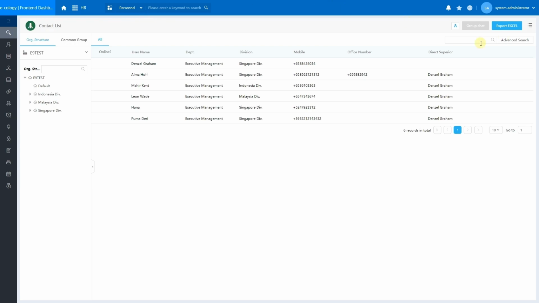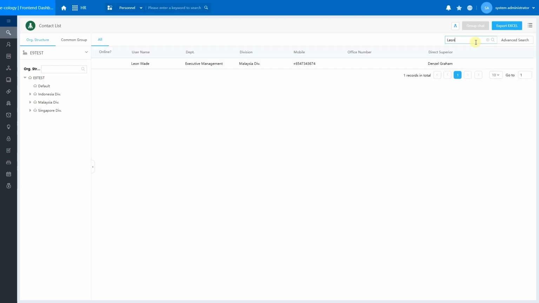For example, here we can enter the personal name, and the system will display the relevant result, making it easier to obtain the personal information. We can also make use of the advanced search functions to filter out the personnel that do not meet certain conditions. For example, if I want to get the list of personnel where their employee numbers start with